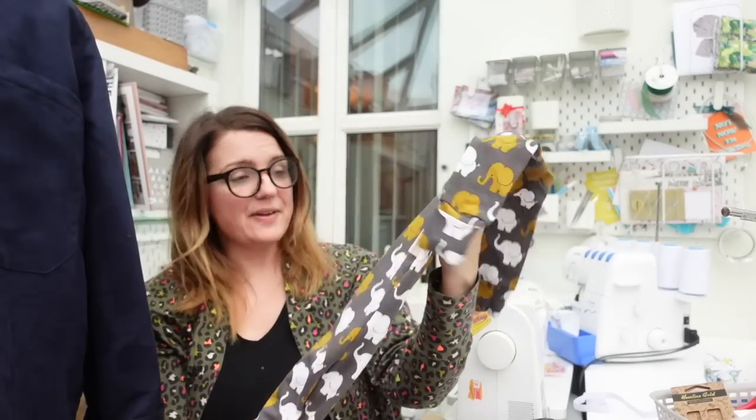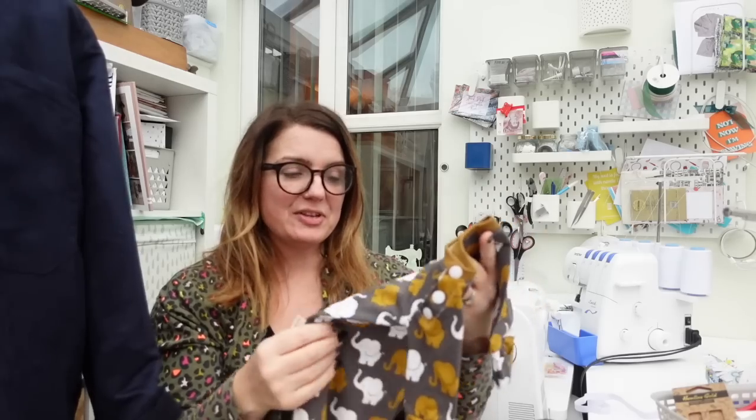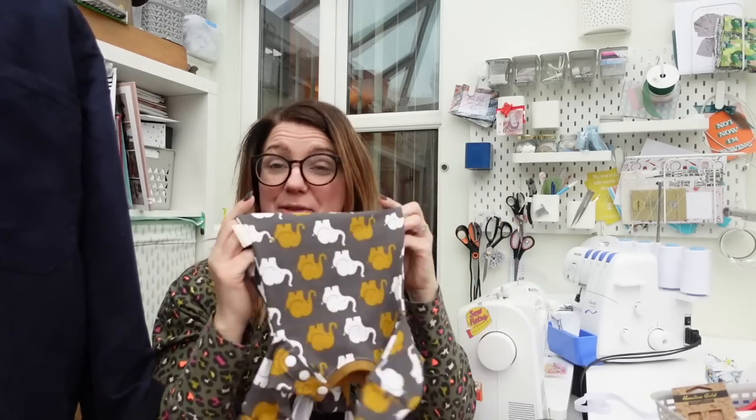And yeah, I just love it. Really, really happy with it. I'm going to wrap this all up and give it to her as a gift when the baby comes, as I say. And I made the premature baby size, because although she's not going to have a premature baby,